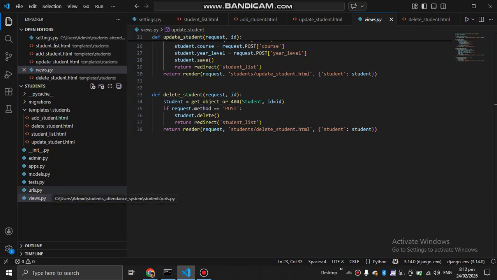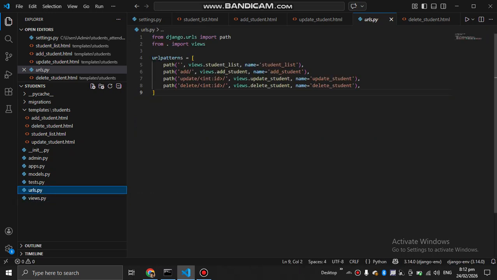Then as we move forward to the URLs, we have from django.urls import path, to import the functions used to define the URLs. Then from . import views, to access the functions in views.py.